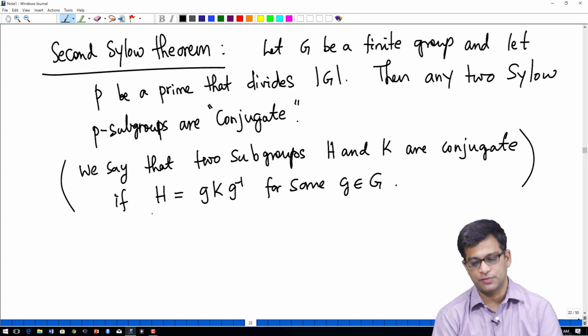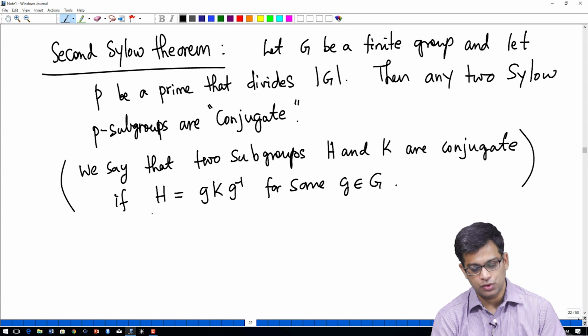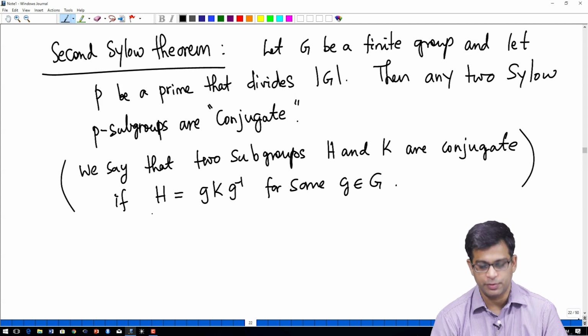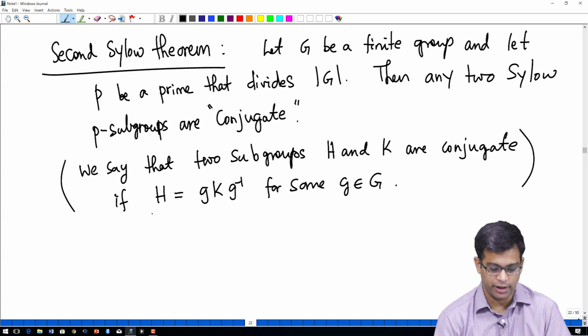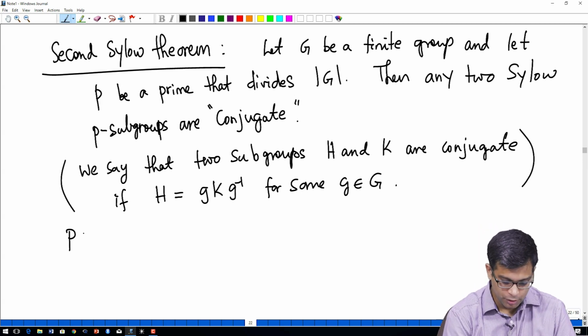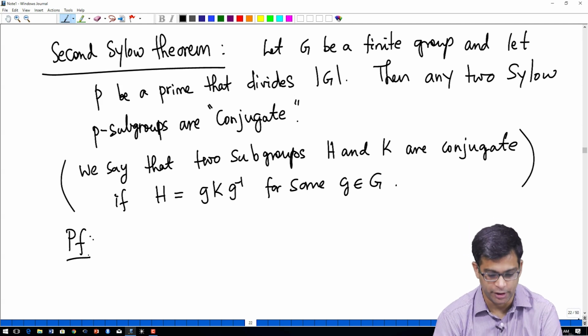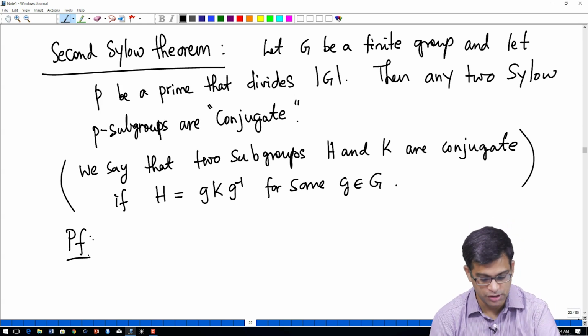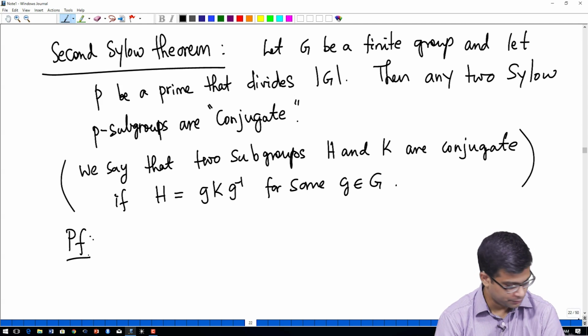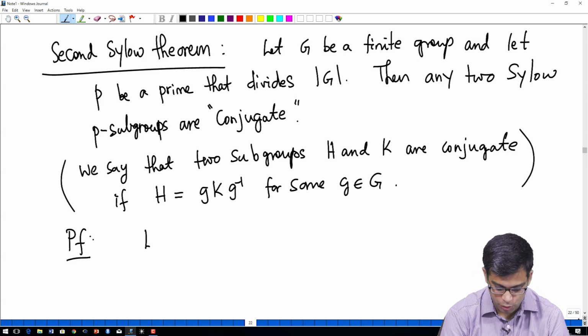So, the second Sylow theorem says that any two Sylow subgroups are conjugate. So, all the Sylow subgroups in other words are conjugate, because conjugation is an equivalence relation. If H1 and H2 are conjugate, H2 and H3 are conjugate, H1 and H3 are also conjugate. And as we will see later in applications, this is a very important statement that Sylow P subgroups are always conjugate. So, let us go ahead and take two Sylow subgroups, let H and K